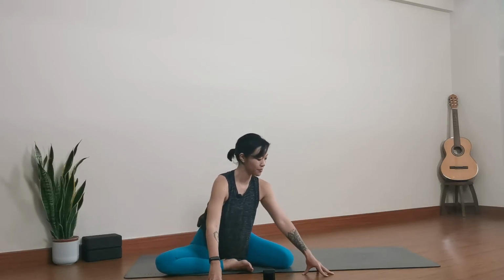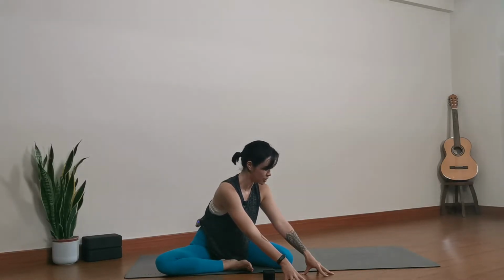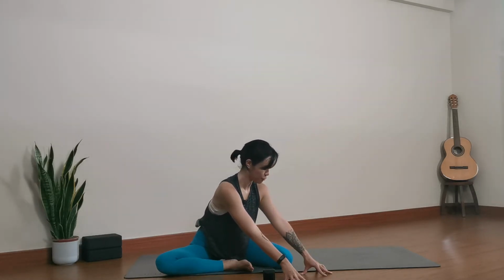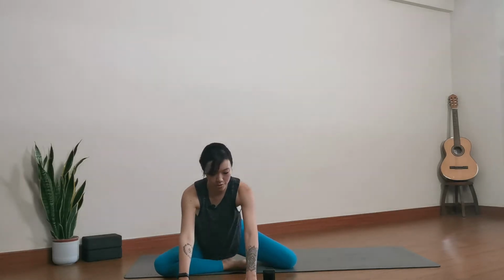Now from here, stay in your fingertips. Your chest is open. Inhale, walk your hands to the left. Exhale. So your fingers want to go towards your left leg. You should feel a twist in your spine and you may feel a little bit more opening through that left inner thigh. Stay here. Breath of 1. Breath of 2. 1 more breath. Inhale. Exhale. So come back to center, fingers to the front, press your palms down, come back to tabletop to